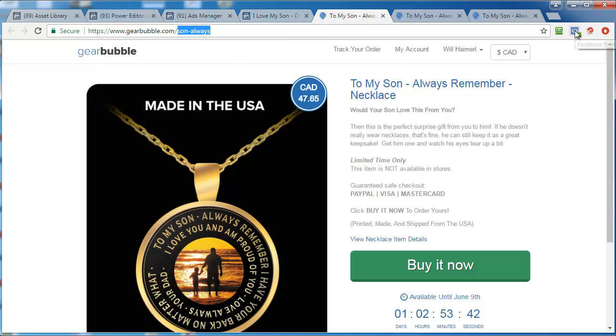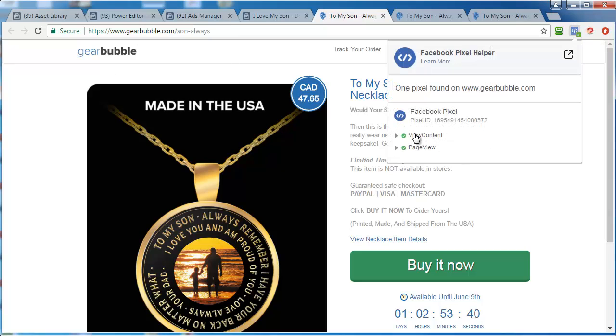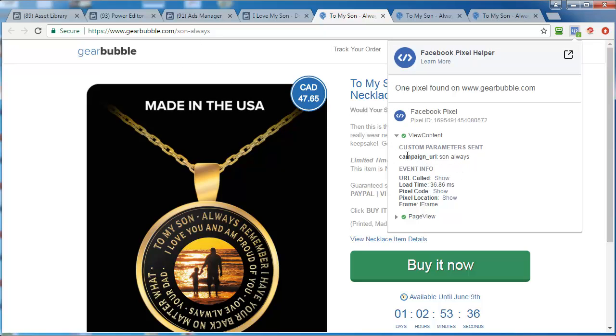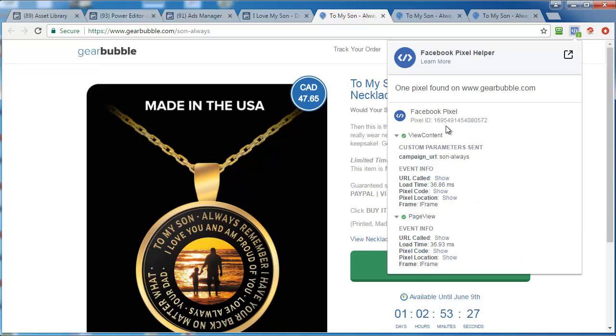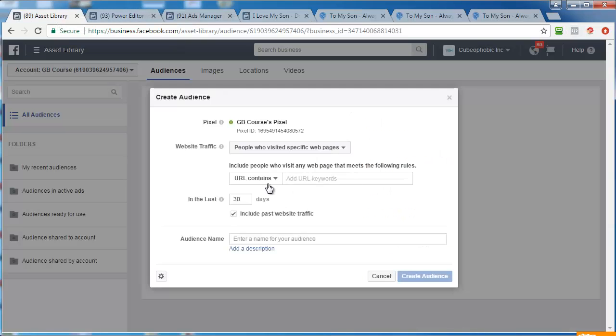So if we look at the pixel here on the GearBubble site, under view content, you can see that campaign URL is Sun Always, but this pixel ID is my pixel ID. So this is the information that's being passed from GearBubble back to Facebook. Okay, so this Sun Always thing is on there, and what I want to do is just put URL contains Sun Always, and then I'm going to name this